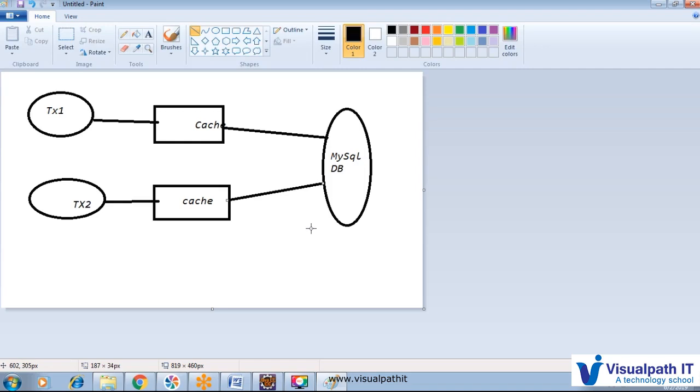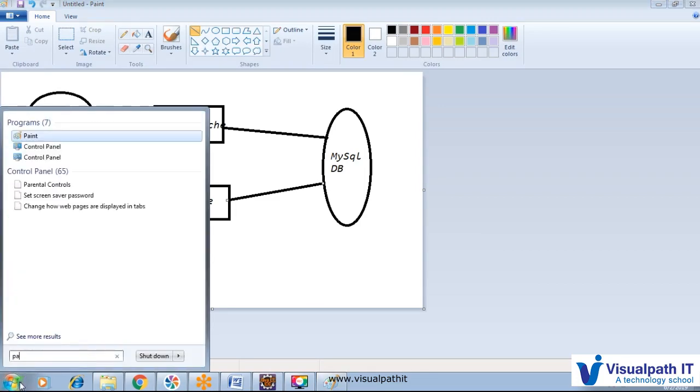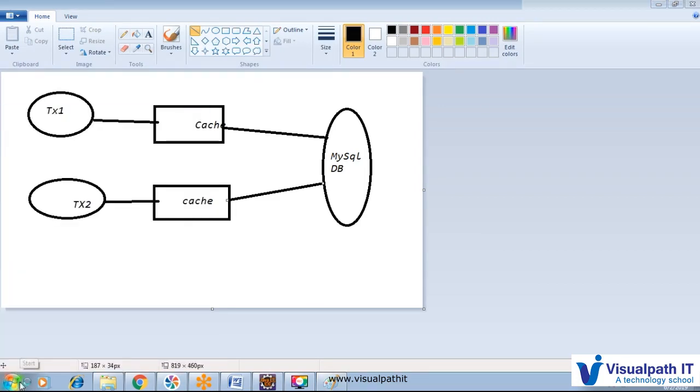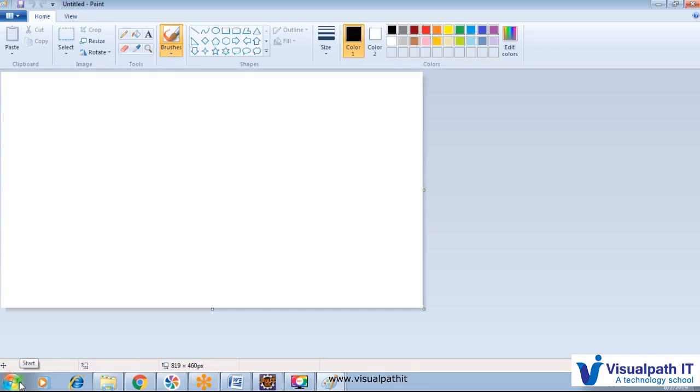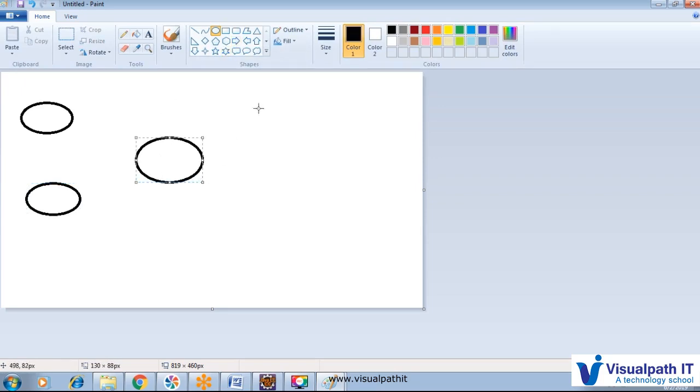The next is the process scope cache. Here, in the process scope cache, we do not have multiple databases. Let's try to see what the thing is. In any application we are doing multiple transactions. So I have two transactions, transaction 1 and transaction 2, and after that we have some cache. So I have one cache, and after that I have a database.